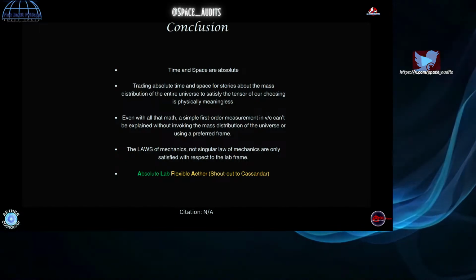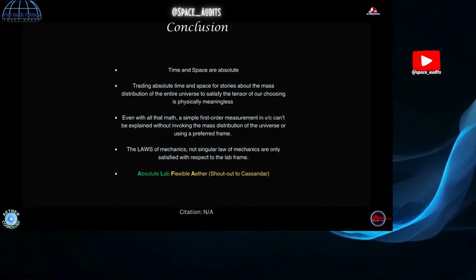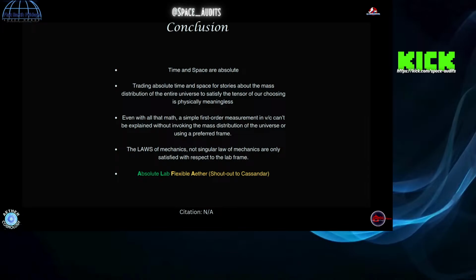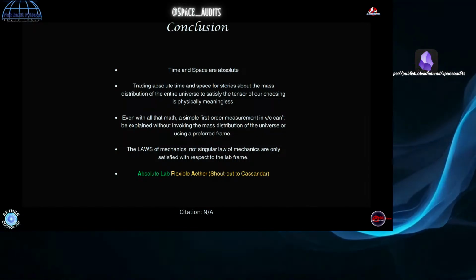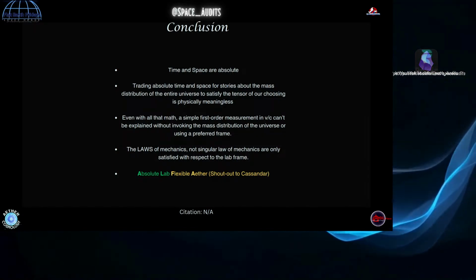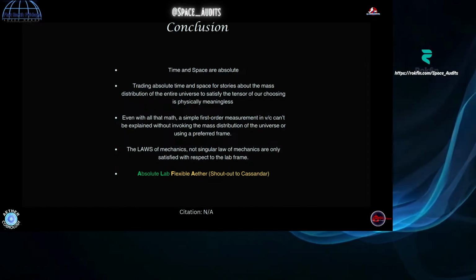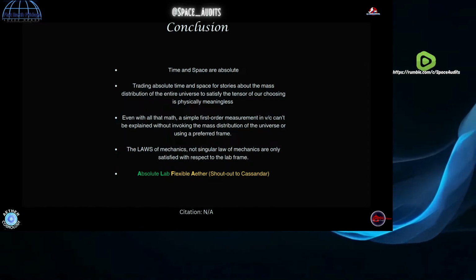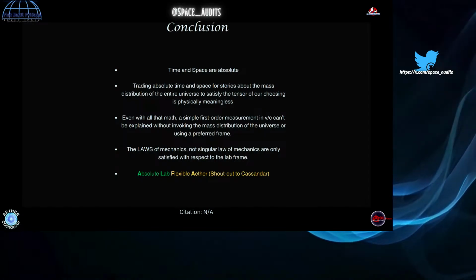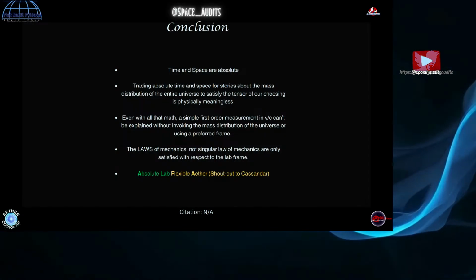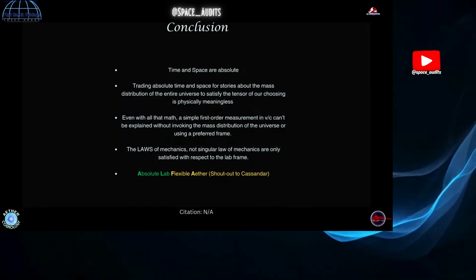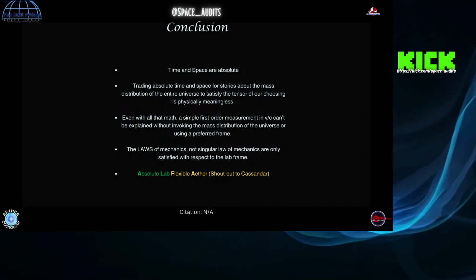So to say that the muon's decay rate changes as a function of its velocity through ether is a much better explanation, logically, than, hey, you know what? Time and space are disconnected and simultaneous events aren't real, depending on your velocity, of course. What's your definition of ether?